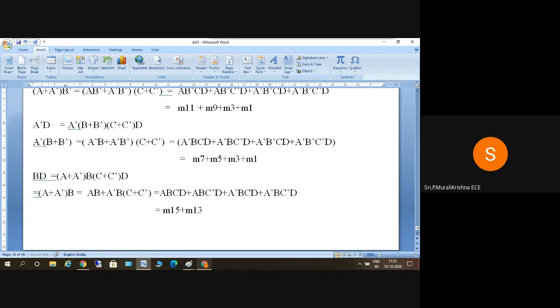That is 13. Okay, and here you can check. This is 0111. This is M7. Plus this is 0101. This is M5. Okay, so what things are repeated here? So M5 is repeated, M7 is repeated, 15, 13 will be there, and here also M1 is repeated, M3 is